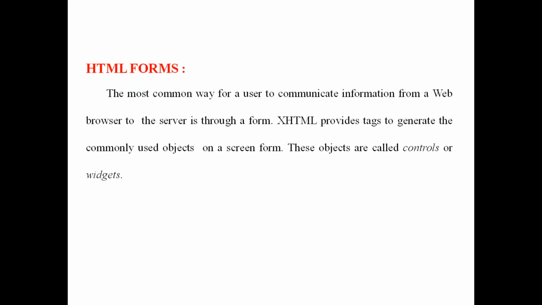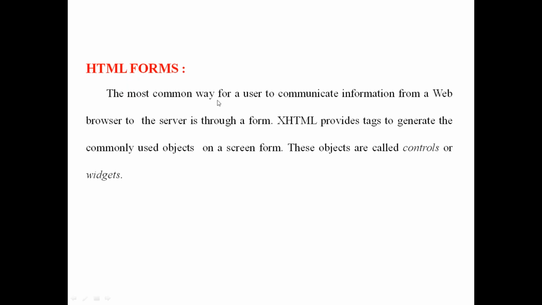For example, take a login form. In the login form you have to enter username and password, and hit the submit button. When you hit the submit button, the data you entered communicates with the server, because in the form we wrote like this, like action. Where the objects are stored, whatever objects are used in the login form, where are they going to be saved? So in this situation we use the HTML form.